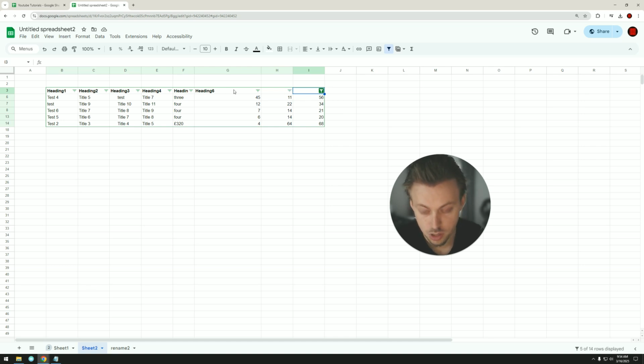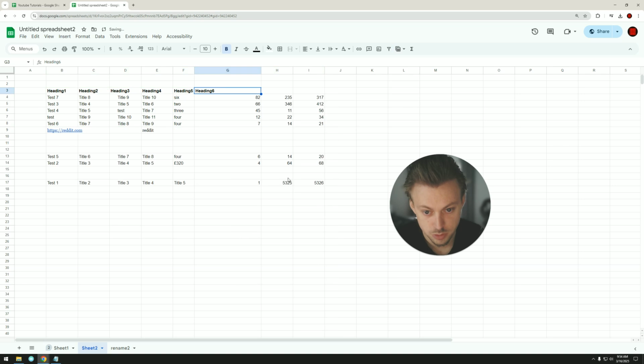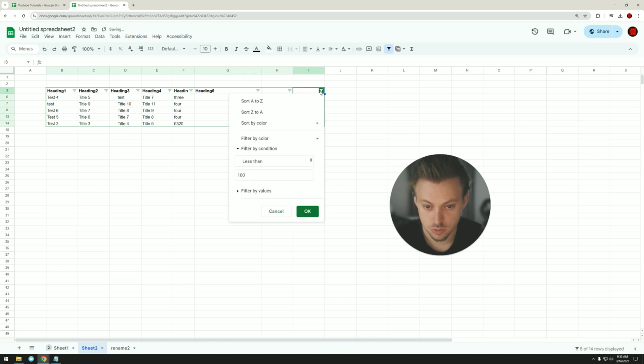If you want to undo, if you want to hide the rule, you can remove filter, undo the rule, I guess. So yeah, or you can just click again and just instead of less than, just go with none and hit OK, and